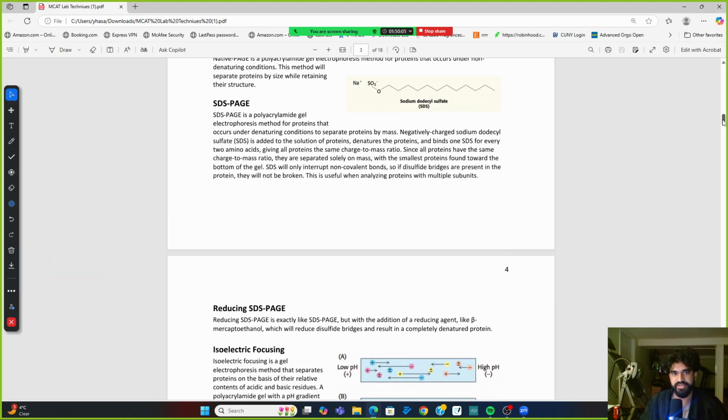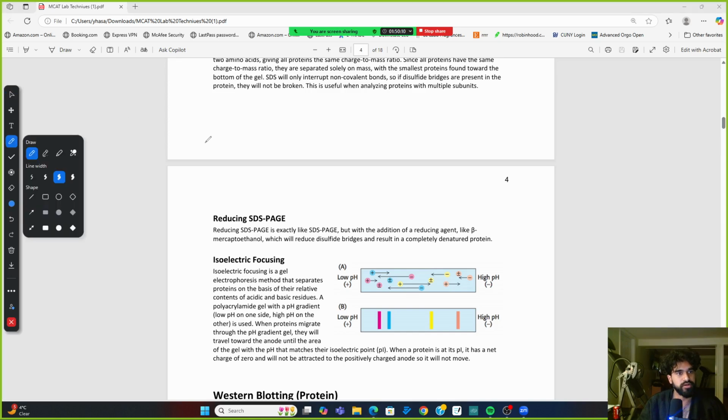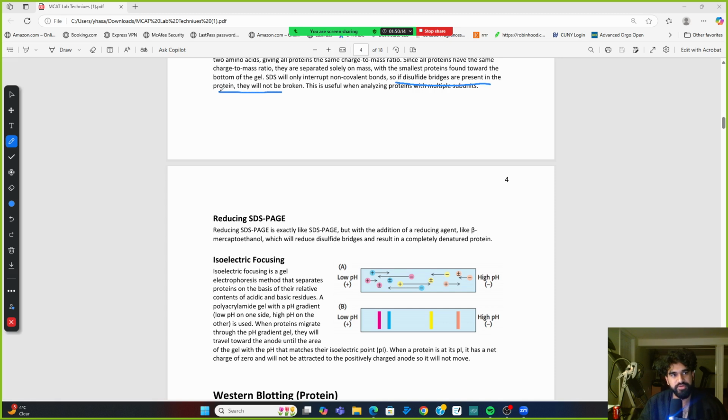Reducing SDS-PAGE. This is why I said the end of the last one was important. If disulfide bridges are present in the protein, they will not be broken. A disulfide bridge is what? What's a disulfide bridge? Well, let's say